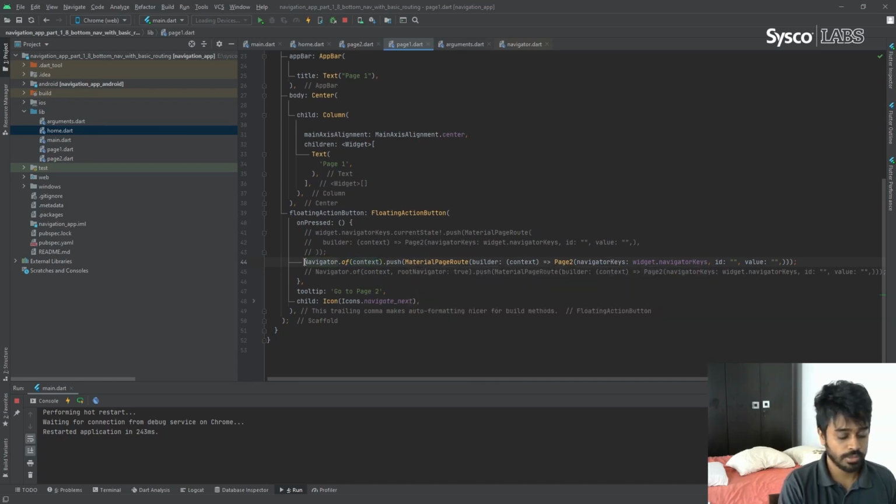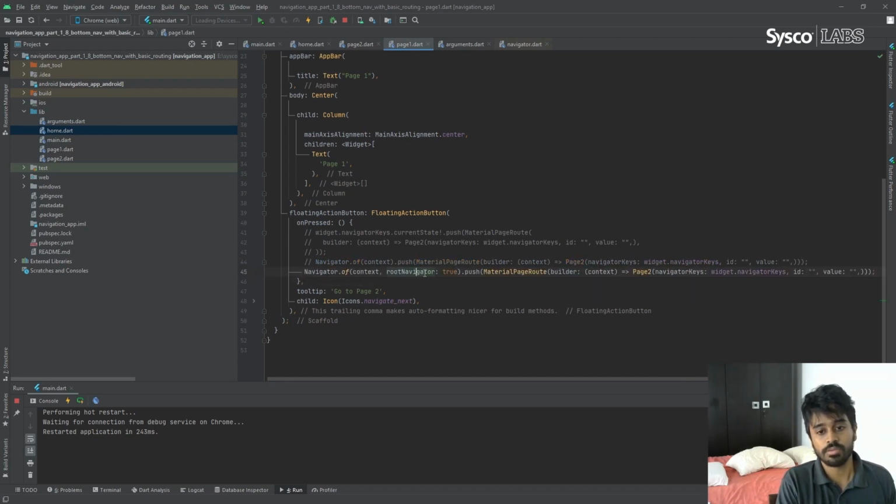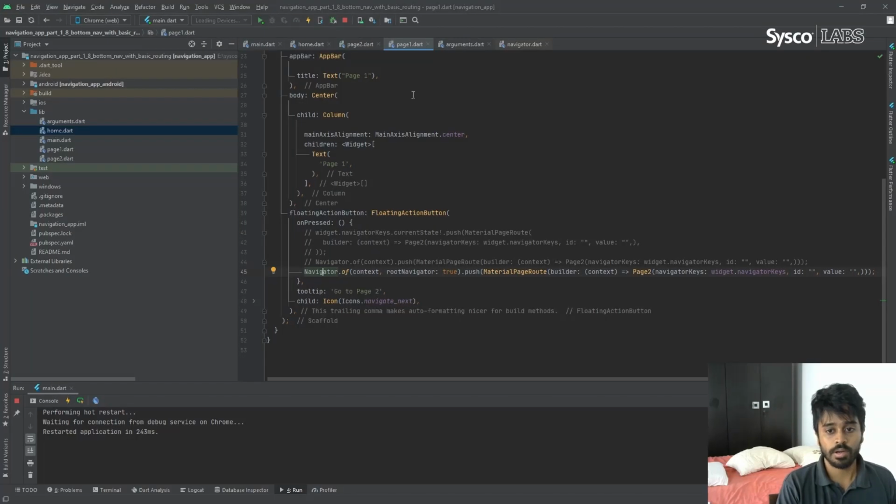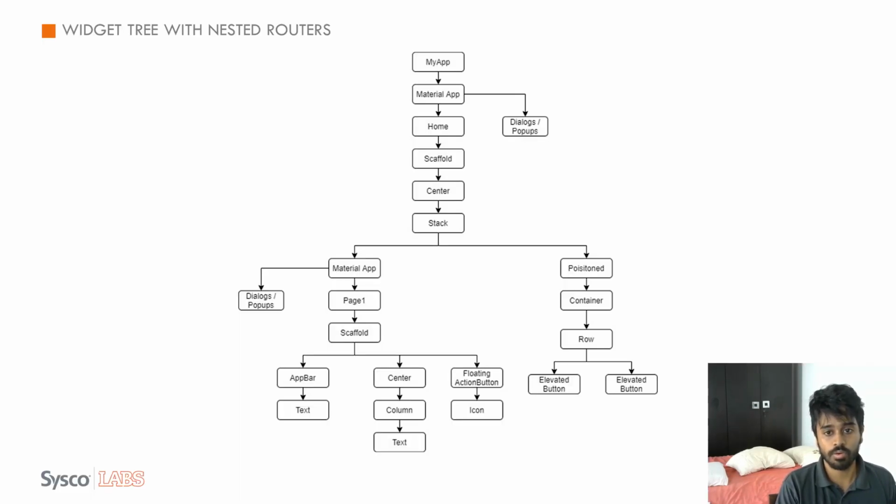To this Navigator.of(context), you can pass another variable which is rootNavigator. If you set it to true, then the navigator class will find the root navigator, which is basically this navigator, and try to push the material page. So it should replace this whole thing, this home page, with page 2.